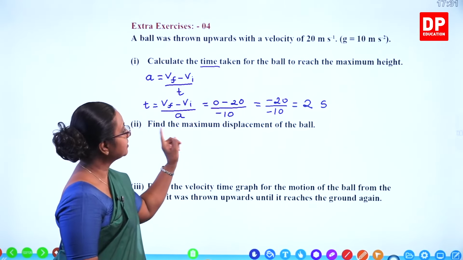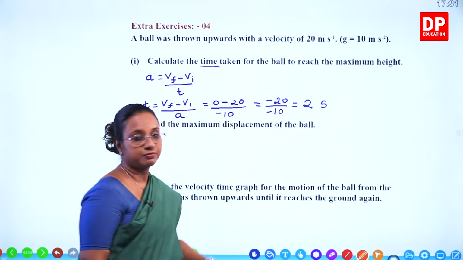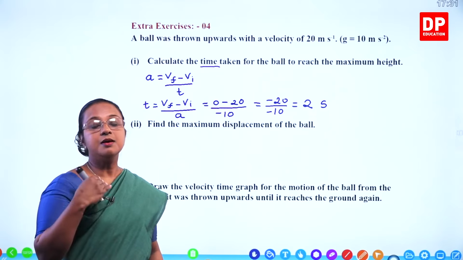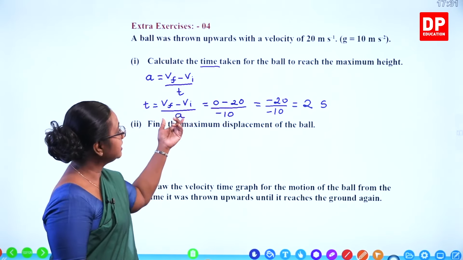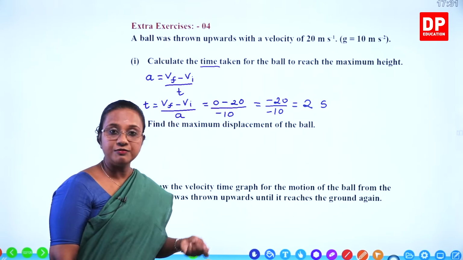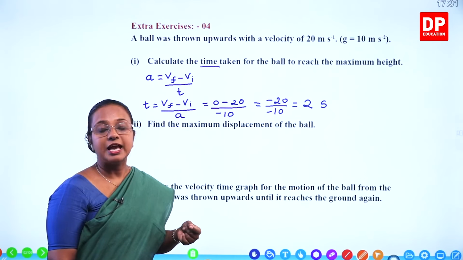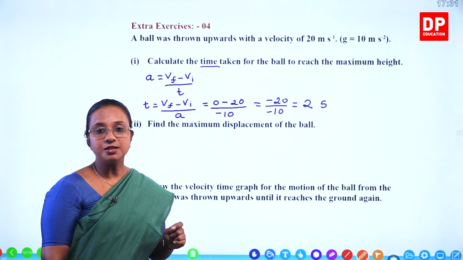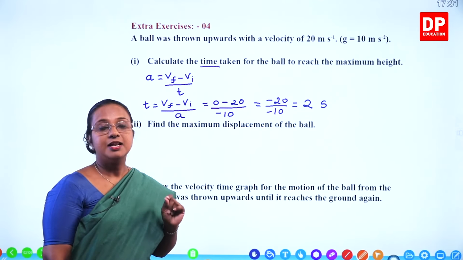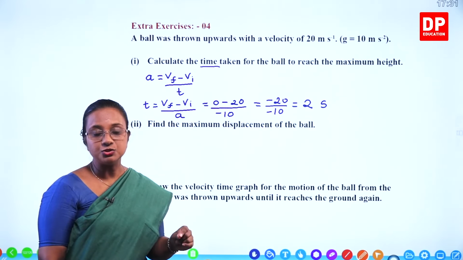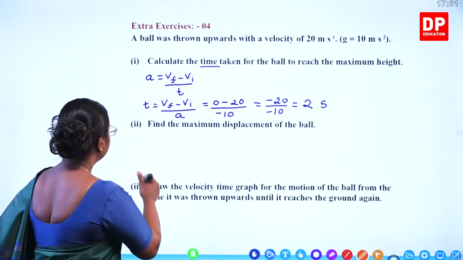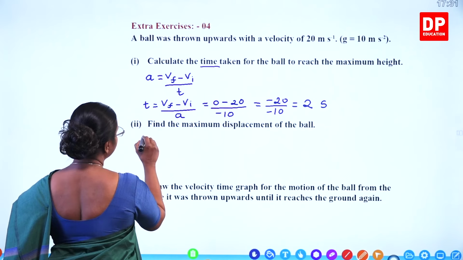Find the maximum displacement of the ball. So here displacement is the maximum height, and since the ball is moving with uniform deceleration, we can find the displacement. Remember the equation? Yes, displacement is equal to mean velocity into time. So here we will use the equation